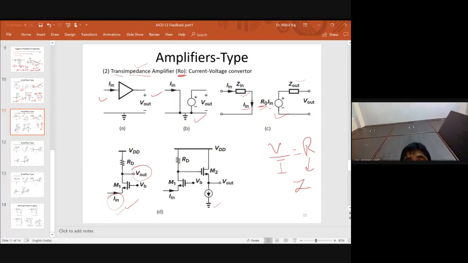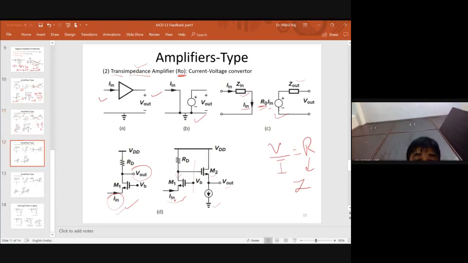Further, again, there are changes done here, but the structure remains the same, a transimpedance amplifier. Again we will verify here. Input is given as a current. Due to this, a certain current is generated here. This is your common gate configuration. If you recall, if you break this one, you will see it is a common gate. So here some voltage will be generated, and this voltage will drive M2 to give V out. Again it is the ratio of V out by I in. So it is a transimpedance amplifier.